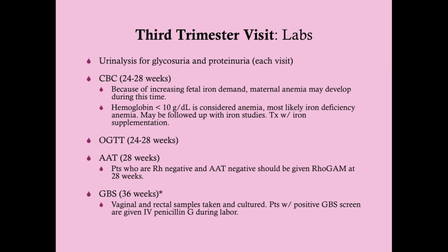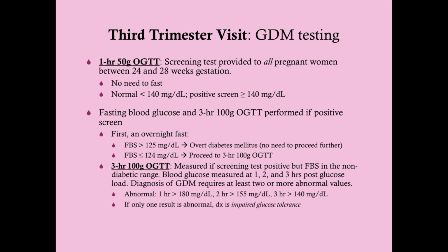And so any mother who is GBS positive, we give her penicillin during labor. If she's penicillin allergic, you can use clindamycin or erythromycin, but penicillin is the drug of choice. And I will make videos later on to talk about these in greater detail. I'm just talking about here why we're doing these things. Okay, so